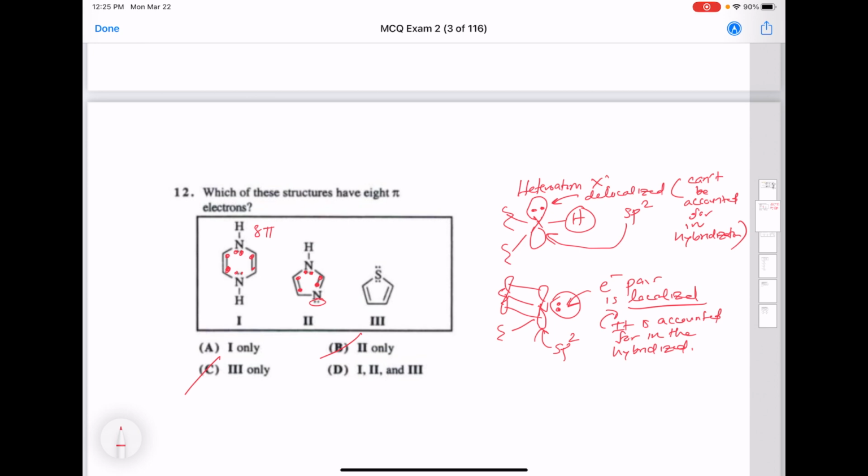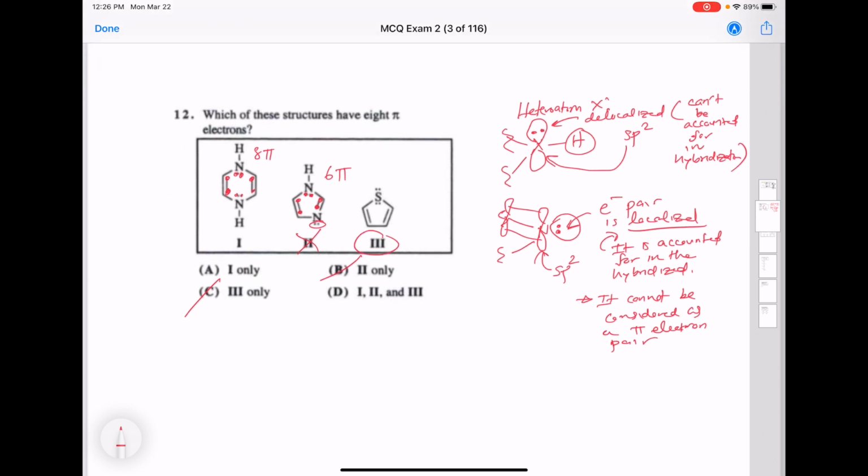So what this translates to for us is that this is not a delocalized pair, right? So that means that it cannot be considered as a pi electron pair. So that means that 2 is not going to have 8 pi electrons, it's going to only have 6 pi electrons. And for the last case, compound 3, when we count, we have